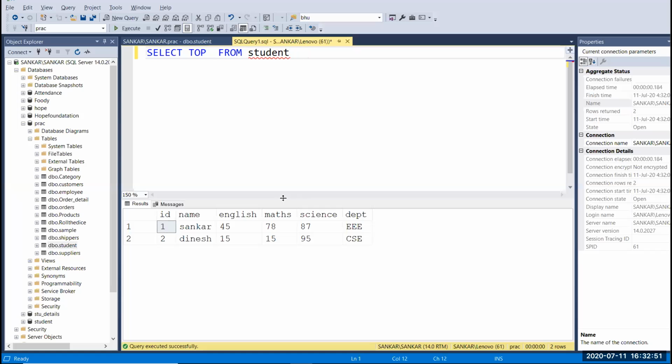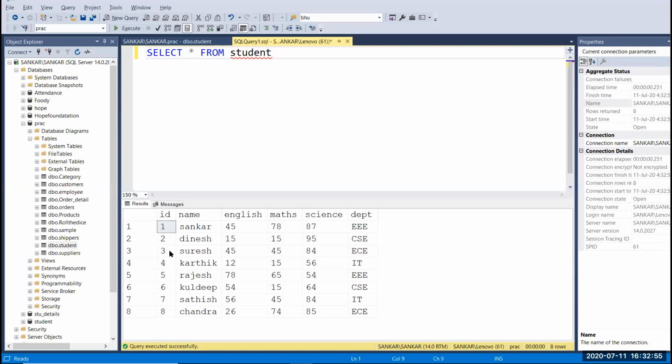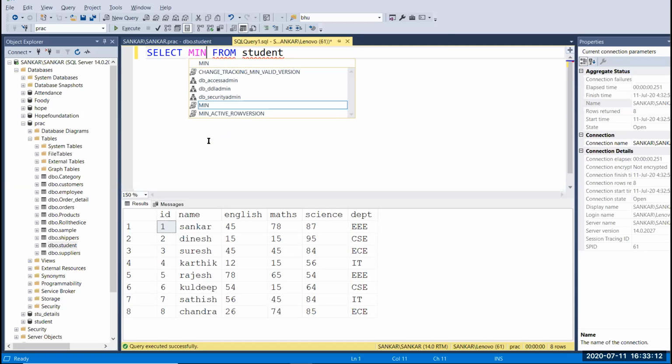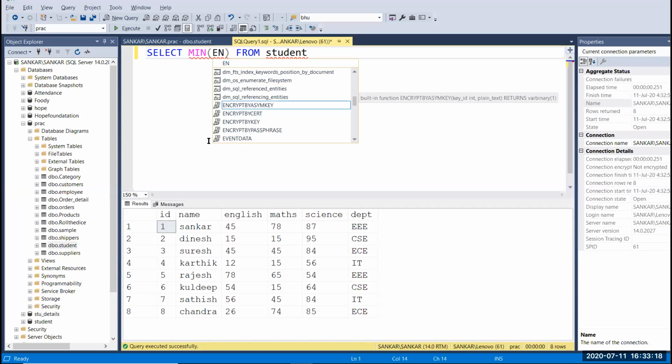Here I'm going to find who is getting the minimum mark in English. So let's see MIN, and now you can pass your field, that is English.